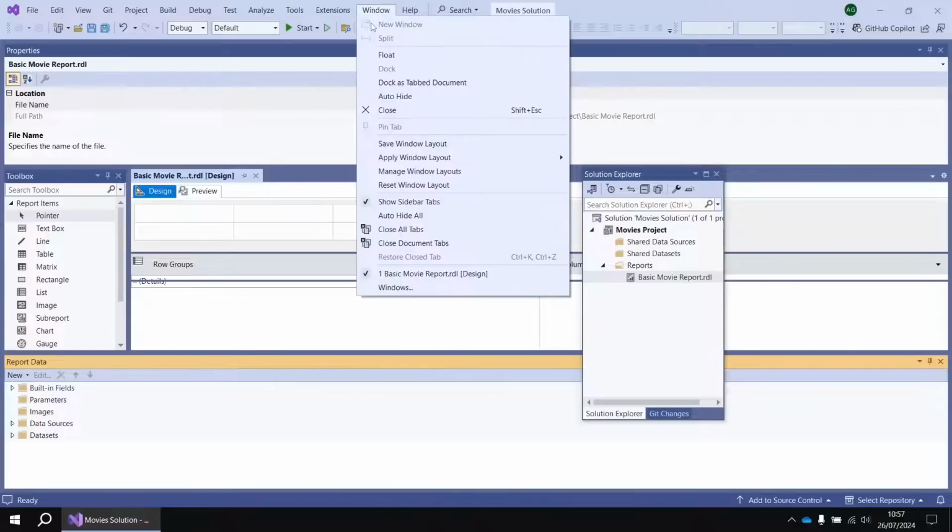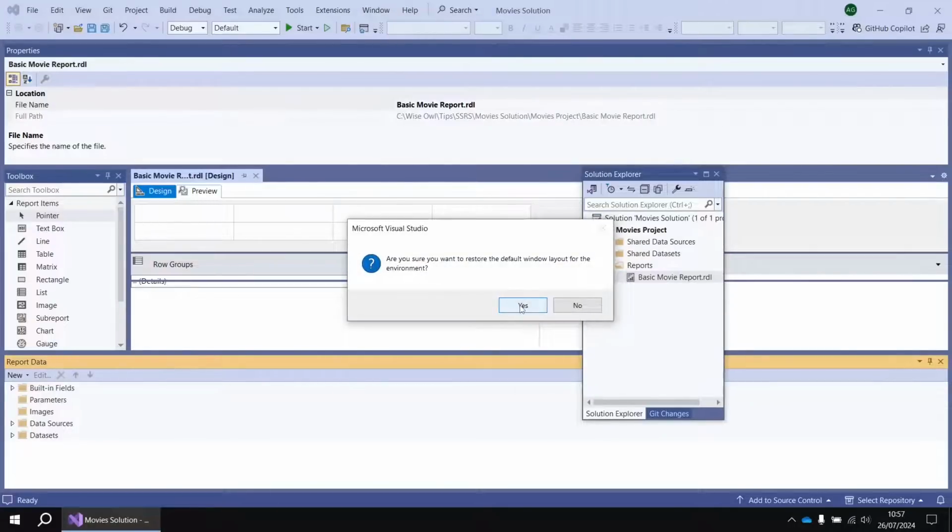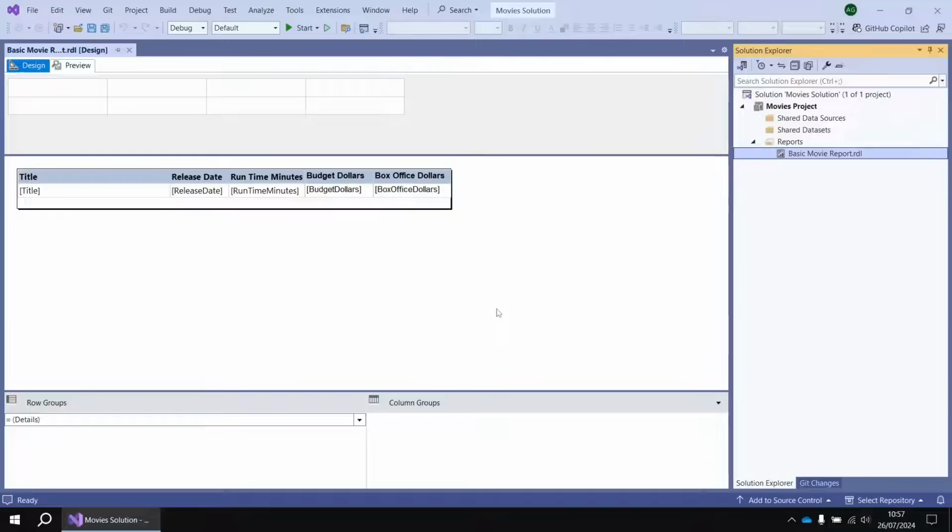Let's head up to the Window menu at the top of the screen and instead choose the Reset Window Layout option. And that'll put every window back in its original position if you choose Yes to confirm it. You might find that it closes down a couple of extra windows that you've opened up, so at this point I've lost my Report Data window on the left hand side,